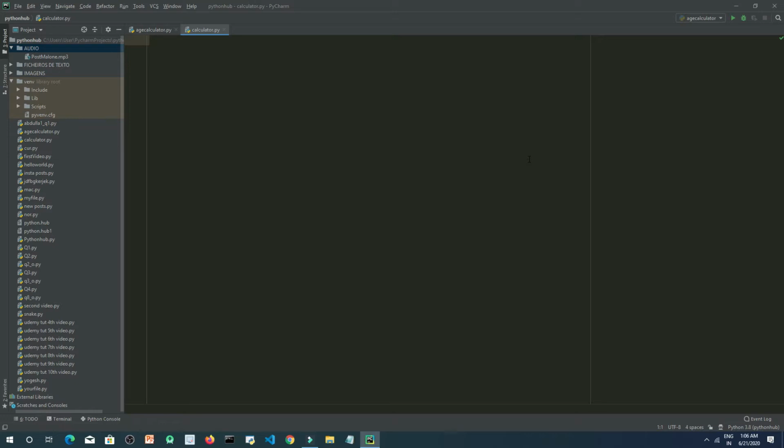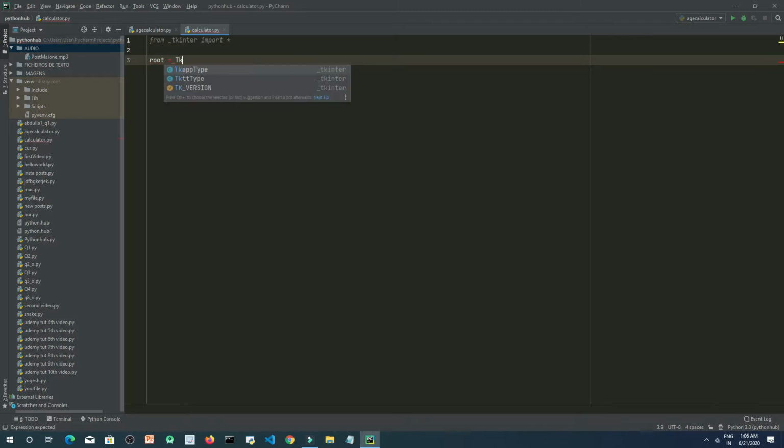Okay, so let's start. So let's import Tkinter first. Tkinter import asterisk. Okay, now let's initialize the Tkinter now using root is equals to tk. Okay,